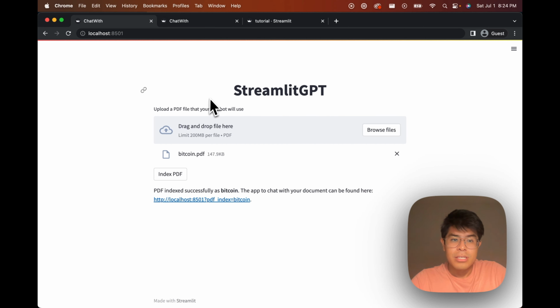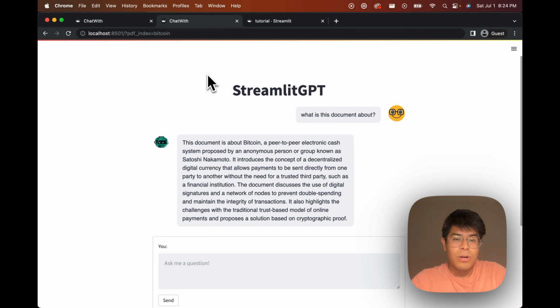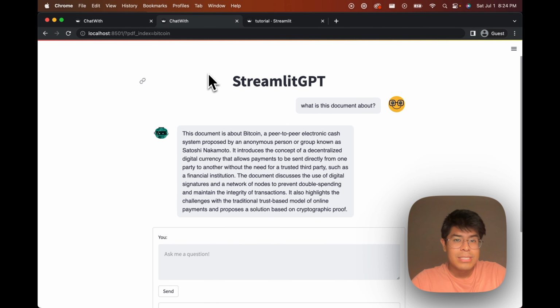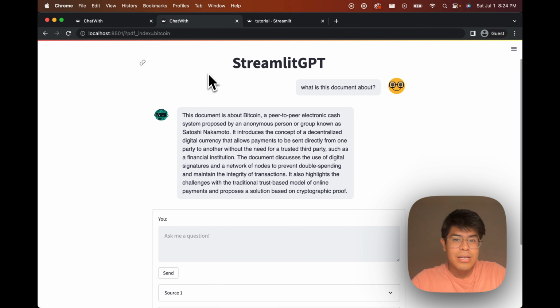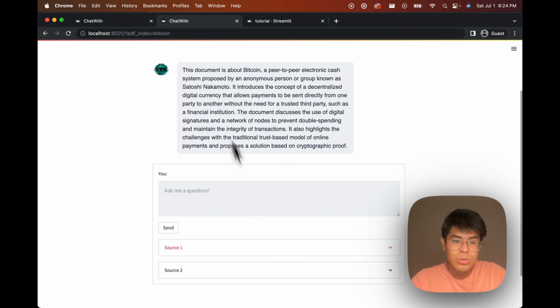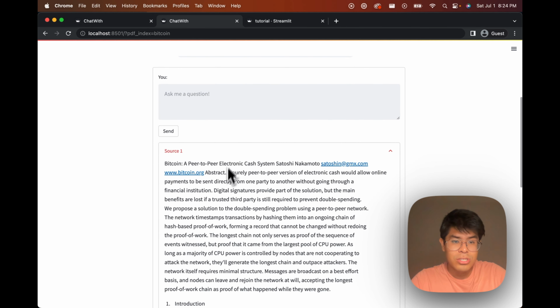So the first part of this is going to be developing a system to upload PDFs, in this case the Bitcoin PDF, and then the second part of the system is going to take that clone, and instead of asking general questions to ChatGPT, we're going to be asking more directly about the document that was uploaded. So essentially it's going to be reading the document for you to answer your question. And it's going to provide all the sources that it used in order to answer your question below in the